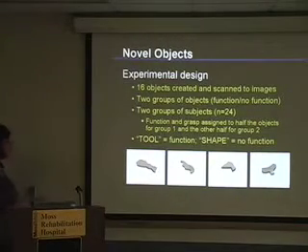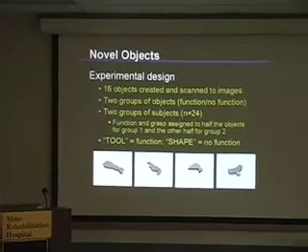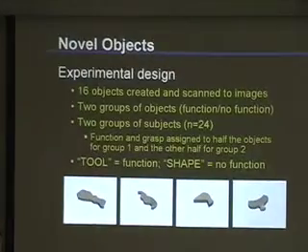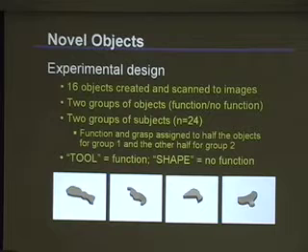Okay, so some more about the experimental design. We had 16 objects, as I said. We separated them into two groups. So there were 8 of them that had functions and 8 of them that didn't have functions. And we had